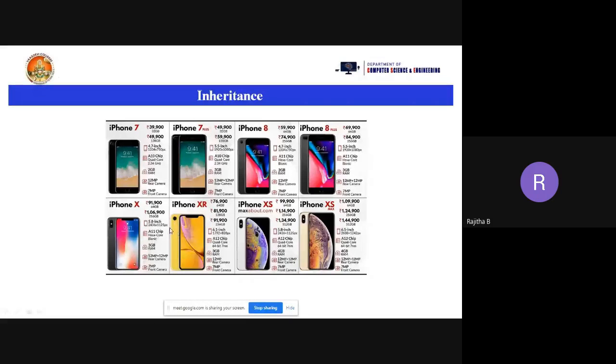We are taking the basic concepts of one mobile into the other mobile, and we are adding the extra features to the particular mobile. Suppose if you are taking C and C++, we can write the program using C and C++, but we are extending some properties into C, then we will get the C++ language here. So that is the inheritance concept here.